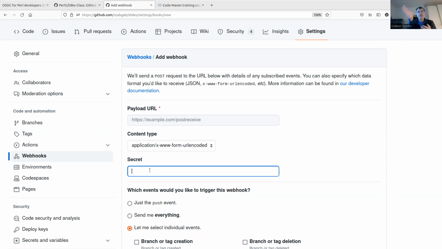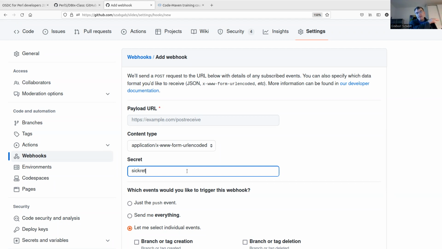I can't really verify the IP address it's coming from, because I don't know what they might change their IP addresses to. They can have plenty of IP addresses, so I can't create a list of accepted IP addresses. What you can do is type in some secret here. So let's say "secret". You type in a secret, and when you save it, obviously it's just you who knows it, and not everyone else who's watching or will watch the video,